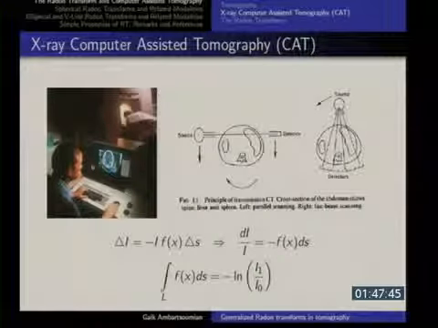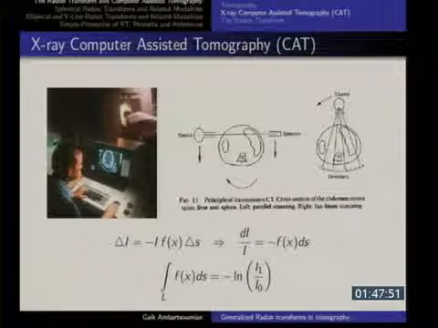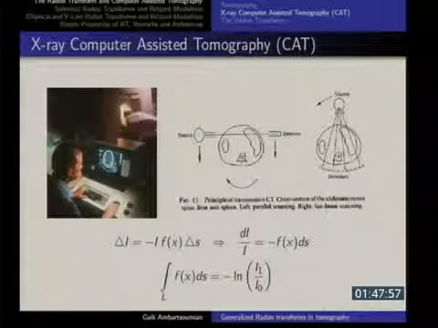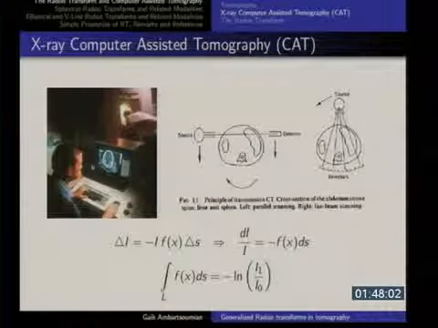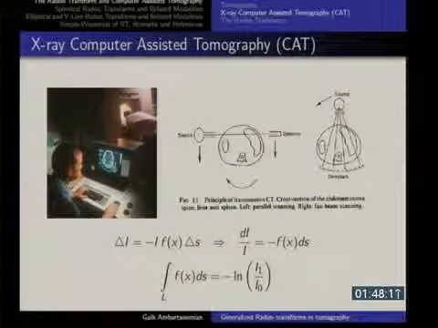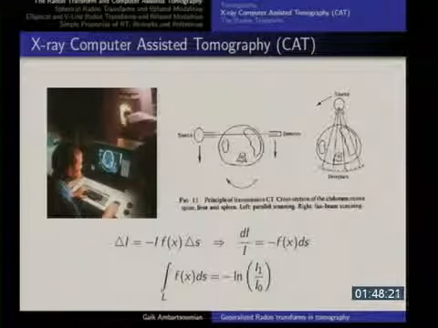And of course, just knowing one integral, you cannot recover the function. It's a two-dimensional function, but even if it's one-dimensional, knowing the integral doesn't give you the function. So what they do is they do parallel shifts. You measure along this line, then along this line, then along this line. So you measure the integral of that function of two variables along all these lines. Then you rotate. Then you would have the integrals of that function along lines like this. Then you rotate a little more, and you have integrals along lines like this. So theoretically, you can assume that you have the integrals of your function along all possible straight lines, and you want to recover the function.